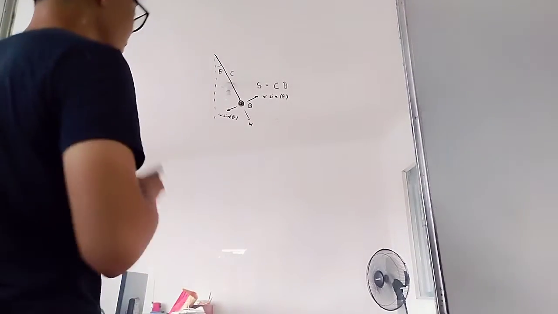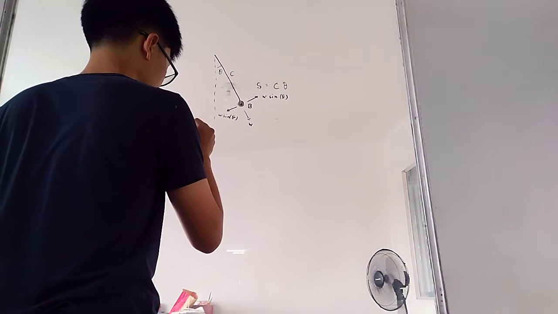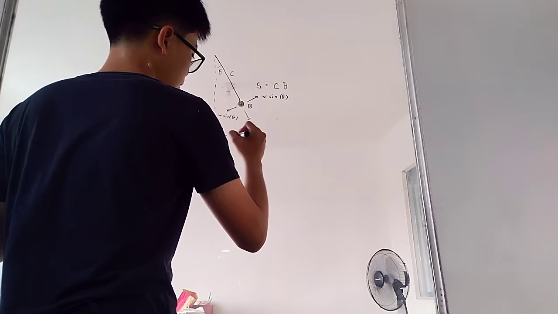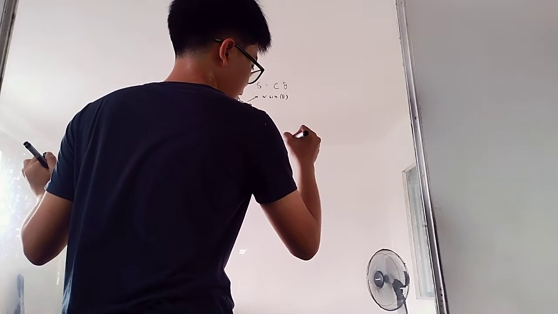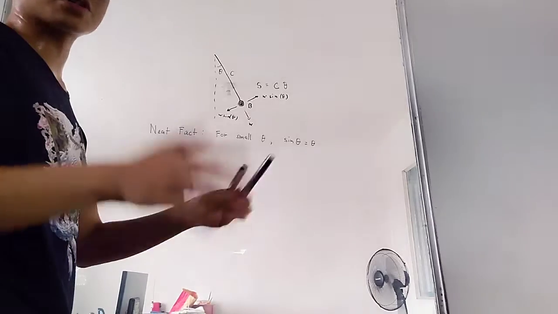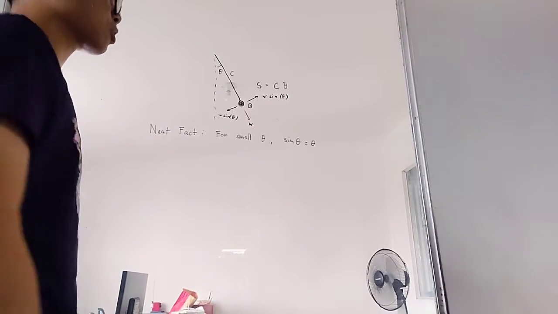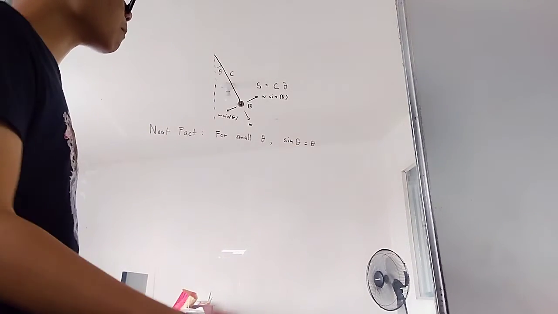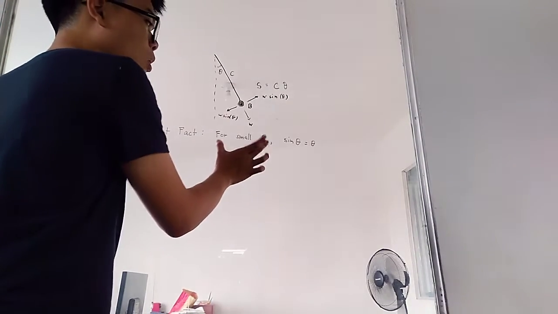Markers. So our neat fact is that for small theta, sine theta is equal to theta. And this is actually part of the joke called the fundamental theorem of engineering: engineers like to believe that this holds for all theta. But what we mathematicians want to emphasize is that it only works for very small theta,